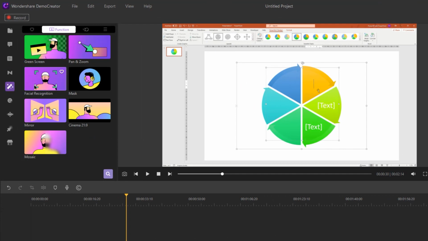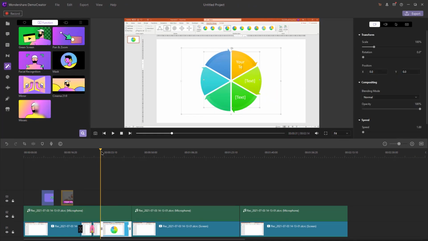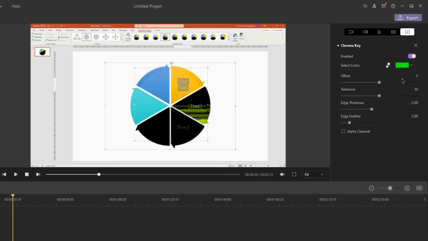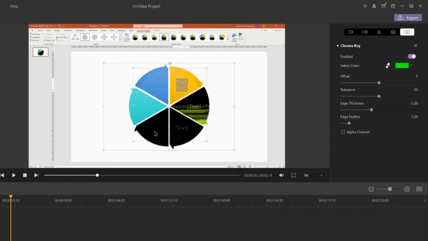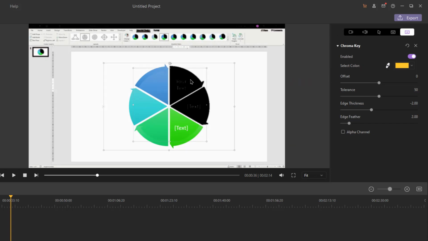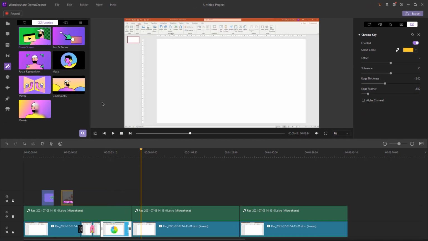The first effect is the green screen, and it is used to remove any video section based upon its color. To use it, let's split the video one more time, then drag and drop this effect on this section. By default, it removes the green color, and you can see in the video that the green portion is removed. But if you want to remove any other color, just choose the eyedropper tool and then click on the color you want to remove. You can see that portion is removed, and it happens even on the top section as well. Let me move the timeline a bit, and next we will see the new feature of pan and zoom.